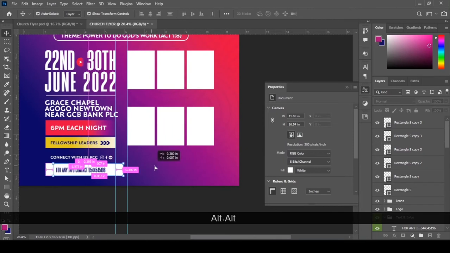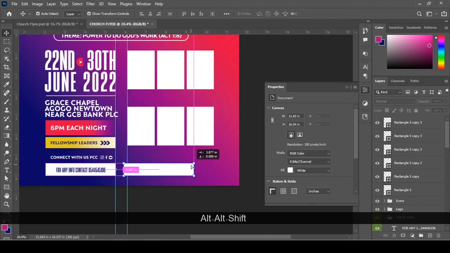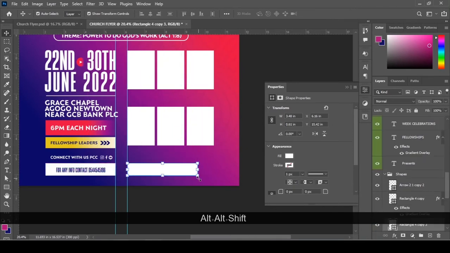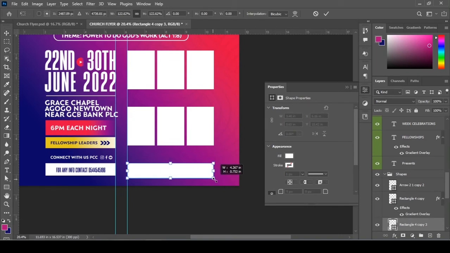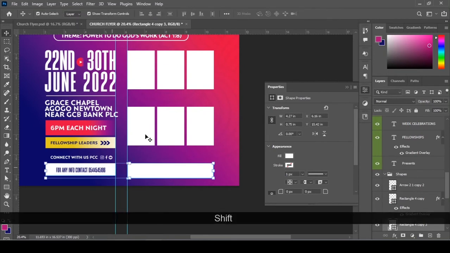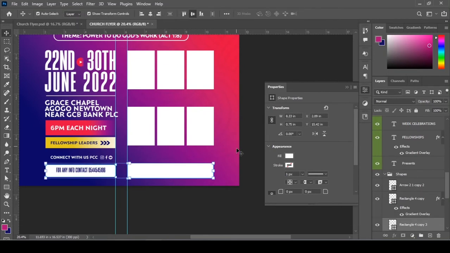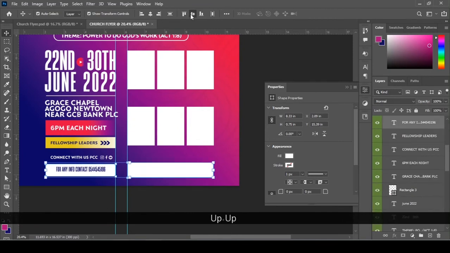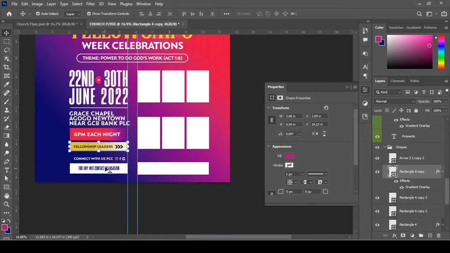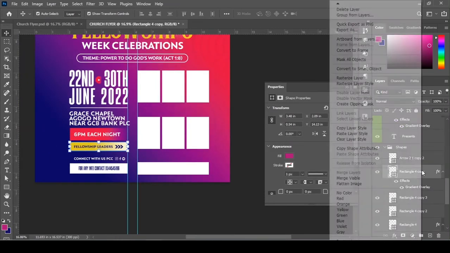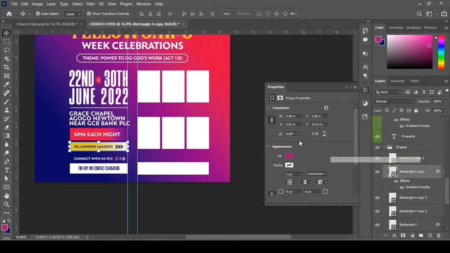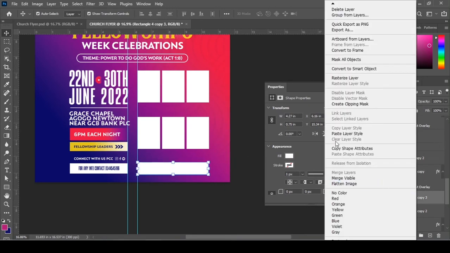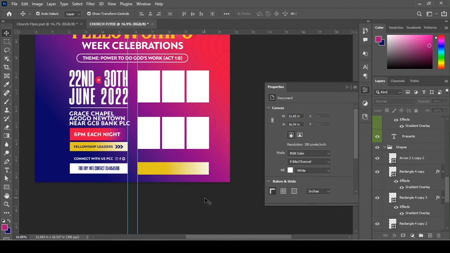Then also I'll make a copy of this shape, bring it here. Okay, then I'll make it the same as this one, then select both of them and align them so that they are on a straight line, and move this one a little bit up. So I'm going to copy this layer style. So right click, copy layer style, and come and paste the layer style here